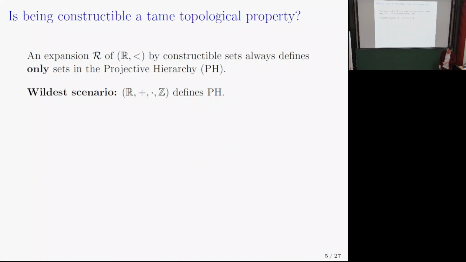So it's exactly how a structure is constructed, right? Boolean combinations and projections. So for example, you start with all Borel sets, and it would be obvious that you have the projective hierarchy. Okay, so it's just the collection of definable sets in the structure where you have all the Borel sets. Yeah, yeah.